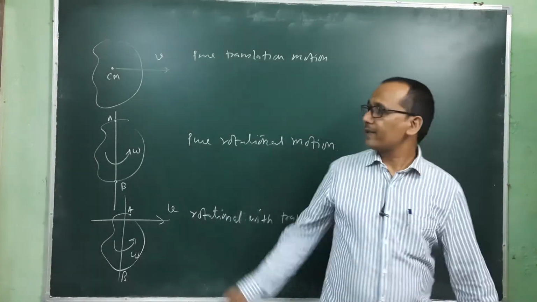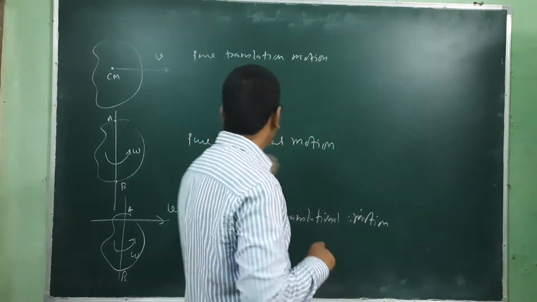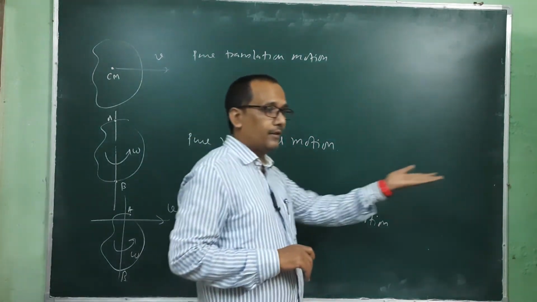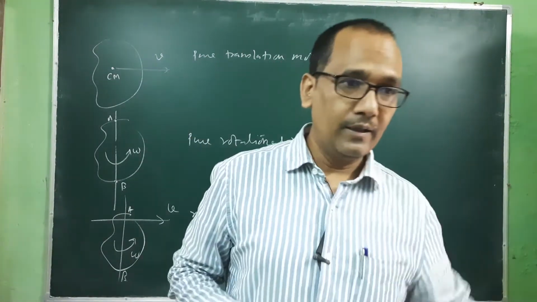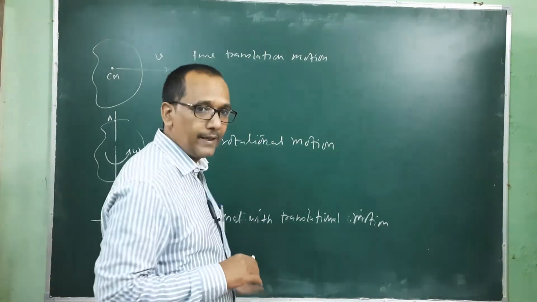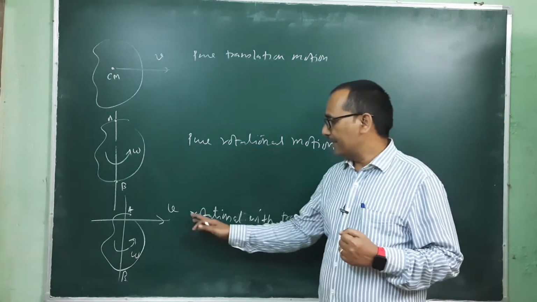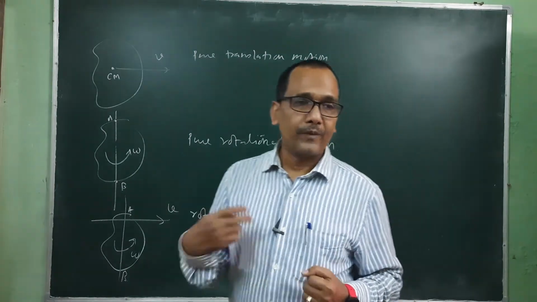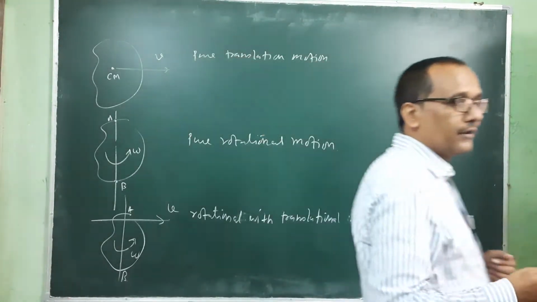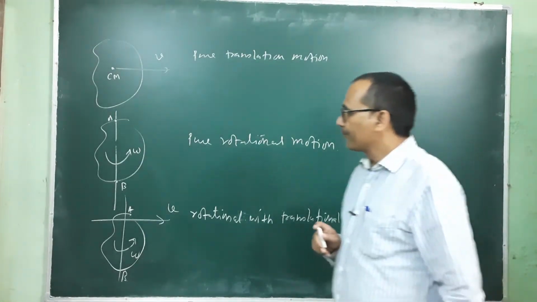So we have several examples of this rotation with translation. One bulk body is moving, and second, this is one axis, and we have taken the example of that fan and the door moving around that hinge, and this is just the wheel of any vehicle. If that vehicle is moving on a road, then the rotation of that wheel is the rotational motion, and the axis is moving along the road. So that is rotational with translation motion.